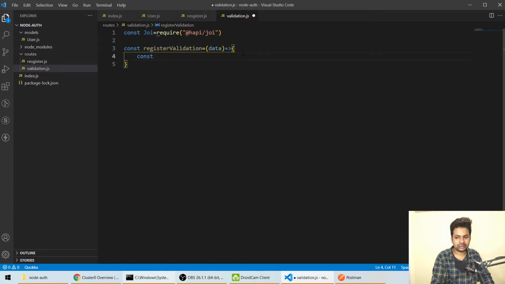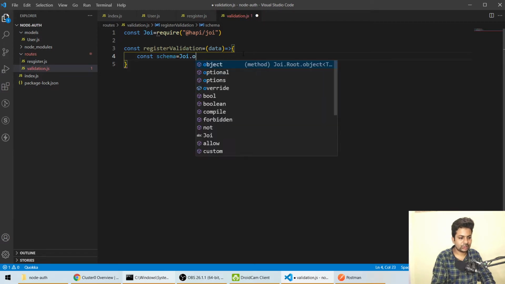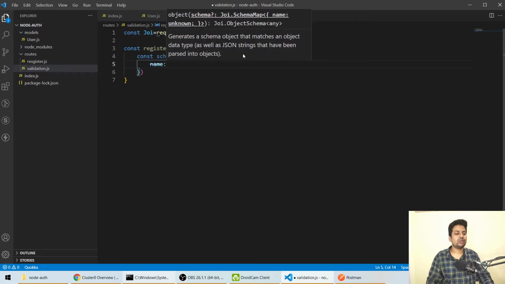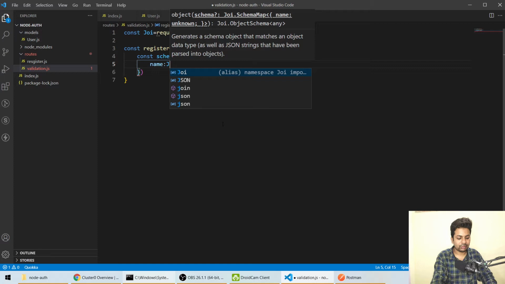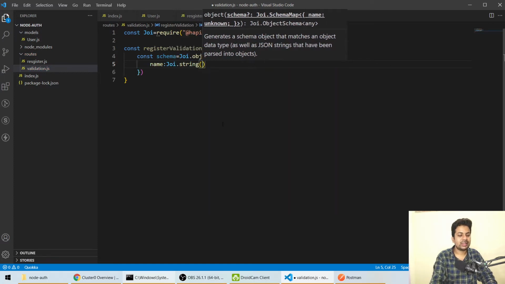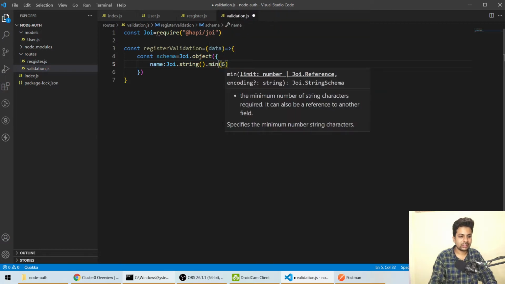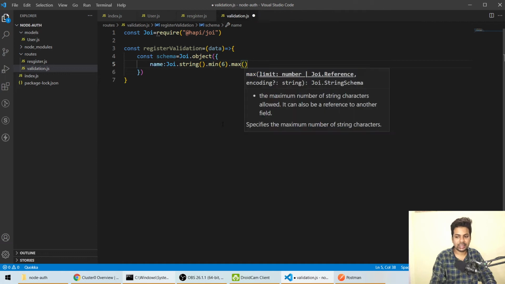Then here we'll say const schema equals Joi.object, and we'll say name. It will automatically catch the name, like if your input tag has a field called name, it will automatically check. Name should have at least 6 letters and maximum 12, so it will check, we don't have to write it ourselves. For that, Joi.string. Firstly we'll say it should be a string, not a number. Then it should be minimum 6 letters and maximum 12, not more than 12.